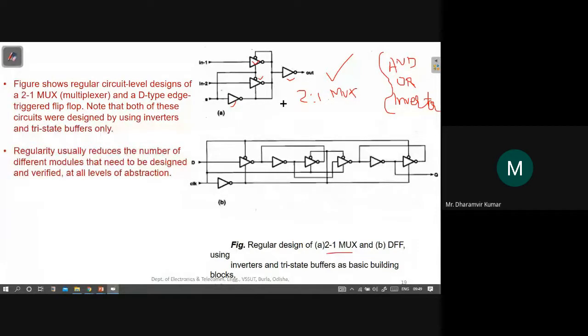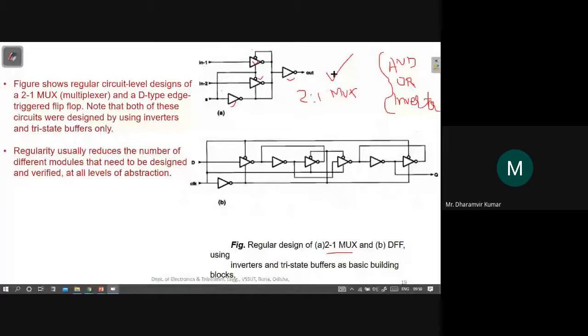Although look here, because this is a small circuit, you may not be able to appreciate the advantage that it is offering at this level. But think of it, when designing a big circuit that consists of thousands of such multiplexers, or even lakhs of multiplexers. At that level, even a small saving at the fundamental bottom line would save a lot of time as a whole for the complete design.